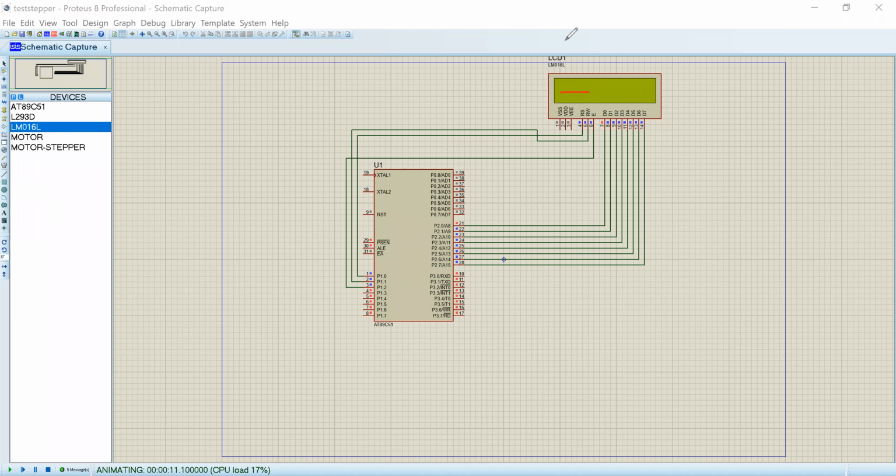So any doubt regarding this? Let us discuss, otherwise we can wind up and come back after some time. Any doubt? We already discussed many programs, even in class we discussed the LCD program.